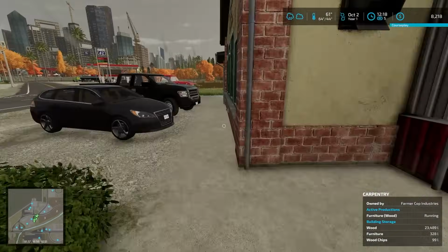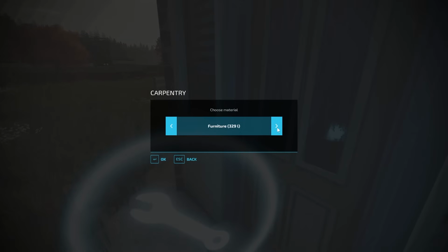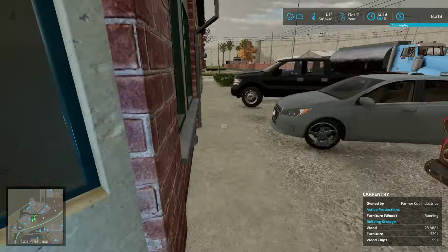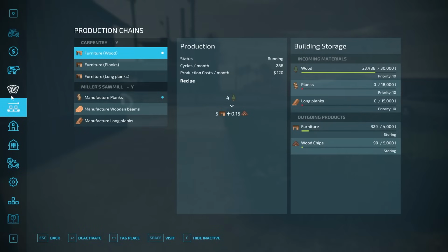And if we go into the production menu, which if I go over here, we should be able to do that. Open production. What can you do in here? Oh, interesting. Okay. We have plenty of wood here. It's still producing what it can. It's doing all that sort of different stuff. And then furniture is slowly getting made, which is great. So it's happening. It's just taking a while. So we're going to grab these 3 pallets of furniture and sell them off, which actually...